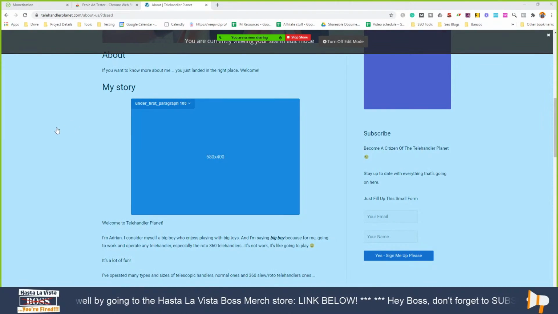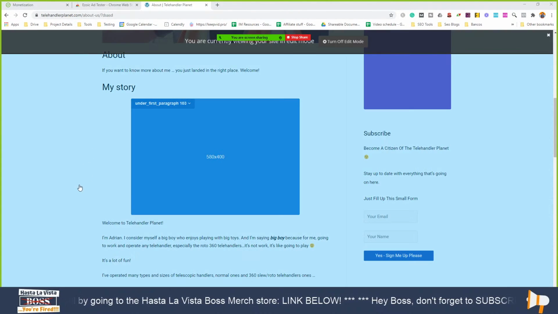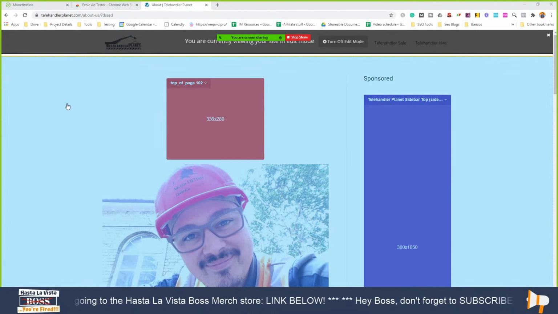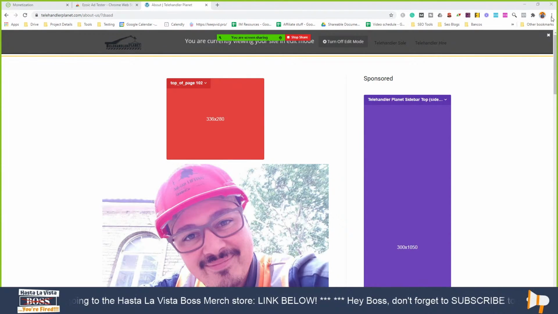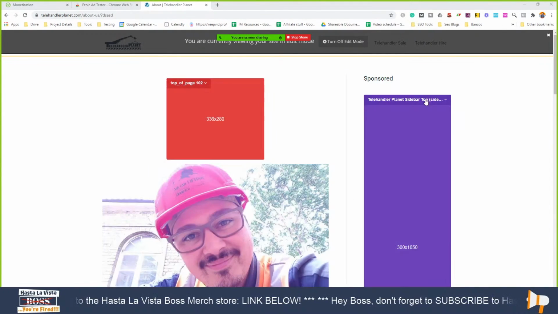But it really looks like the biggest headache that most people have is to get this page working with the Chrome extension and all that, so you can set up your placeholders.